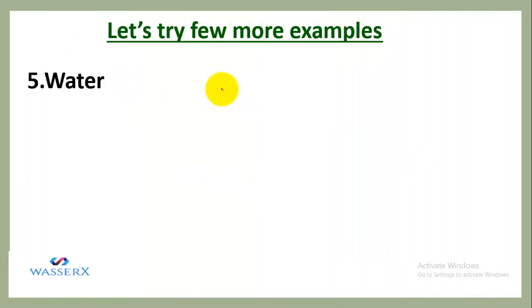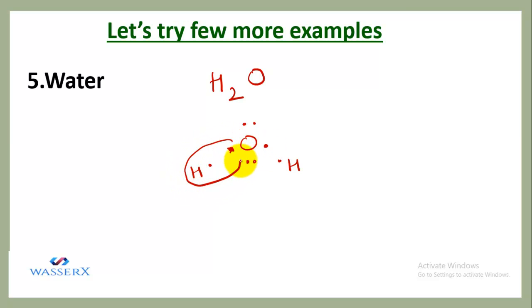Let's take another example, water. Water is H2O. Let's arrange the atoms, one oxygen and two hydrogens. Right. So let us put their valence electrons. Similarly, for oxygen, we know that it possesses 6 valence electrons. So I'm going to arrange like this. So these hydrogens will share the electron and will become stable. Similarly, this oxygen already possesses 6 electrons. It will share 1 electron with each combining hydrogen atom and will form a bond like this.